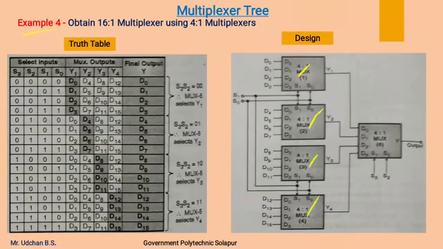After that, as we know, the 16:1 multiplexer has 4 select lines. Now here the 2 select lines of all the 4:1 multiplexers are connected together to make the S1 and S0 select lines. We require another 2 select lines, that is S2 and S3. Now here all the 4 multiplexers have 4 outputs Y1, Y2, Y3, Y4, which are connected to another 4:1 multiplexer